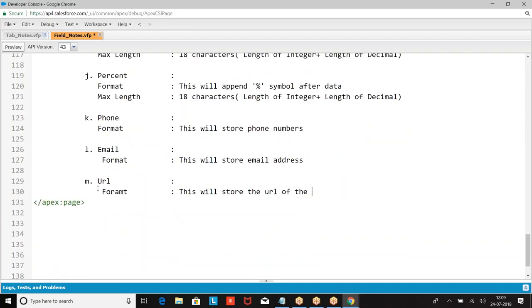This will store the URL. Then we have geolocation. Longitude.